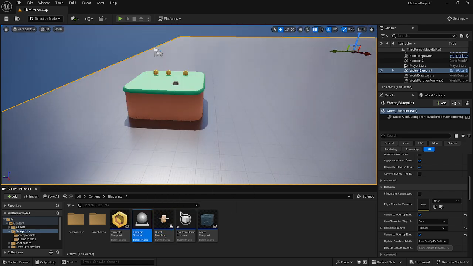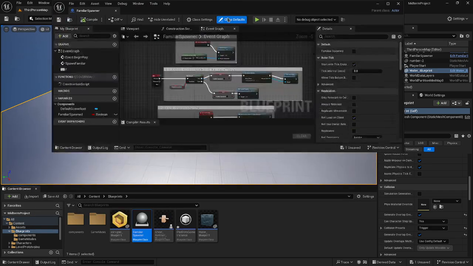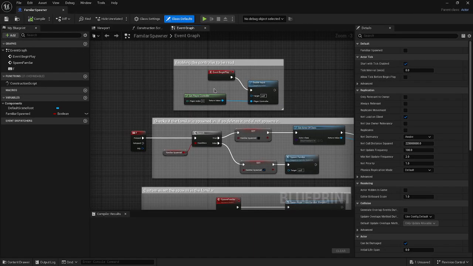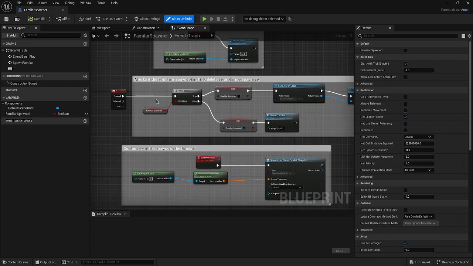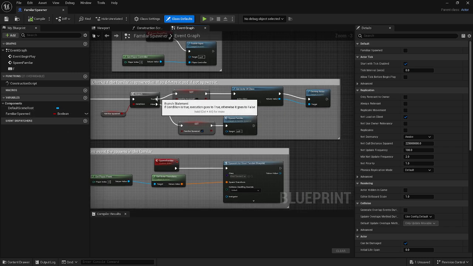Alright, and inside our familiar spawner, which is right here in the world, I'll try to make it bigger. Okay. At the top right here, at the begin play, it starts by enabling the user input by getting the player controller. Alright, and then we make an event for when F is pressed. It simply is just a branch with a Boolean variable that says is familiar spawned. If so, it checks it back off, and then it gets the actor of the class, which is the familiar,